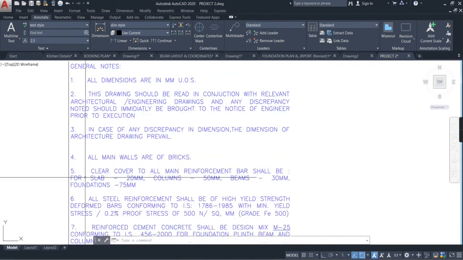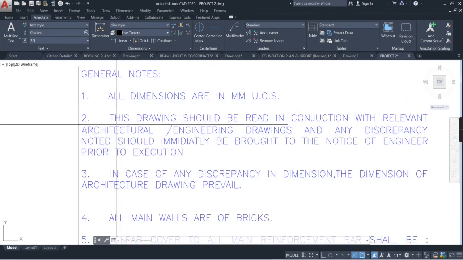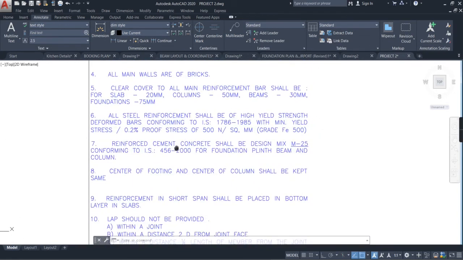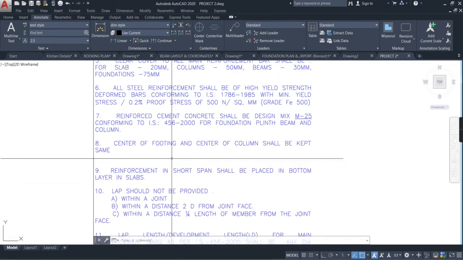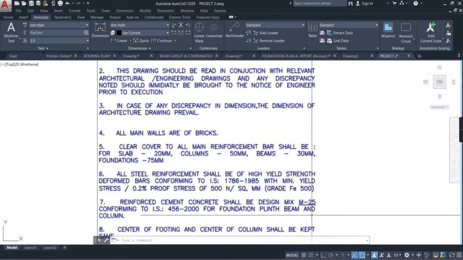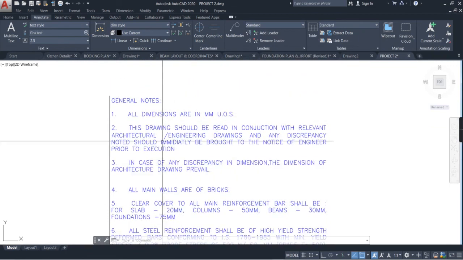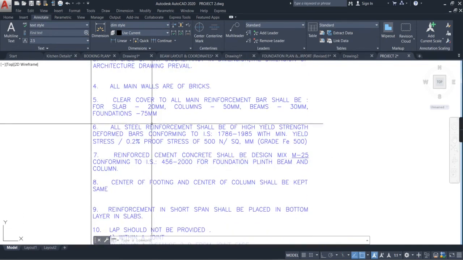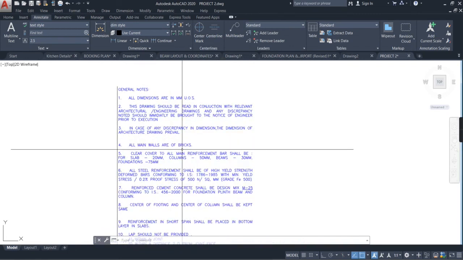So we'll try to cover the clear cover part, this second point mainly, 1, 2, 5, point number 5, and you can add this. You can use these 3 to 4 points, and the reinforcement detailing for M25 should be in 1 point itself. So 6, 7 should be 1 point. So 1, 2, 5, and 6, 7 should be in 1 point. So 4 or 5 points you can use for your structural drawing.